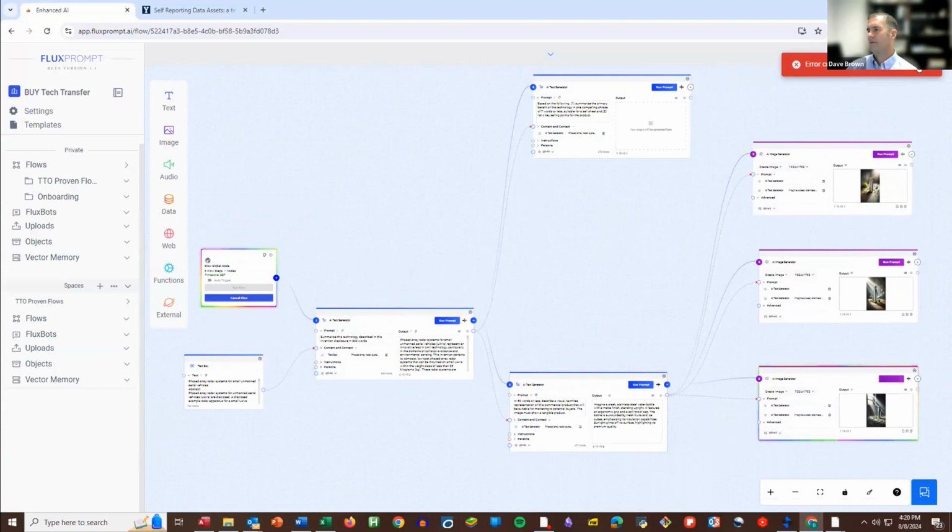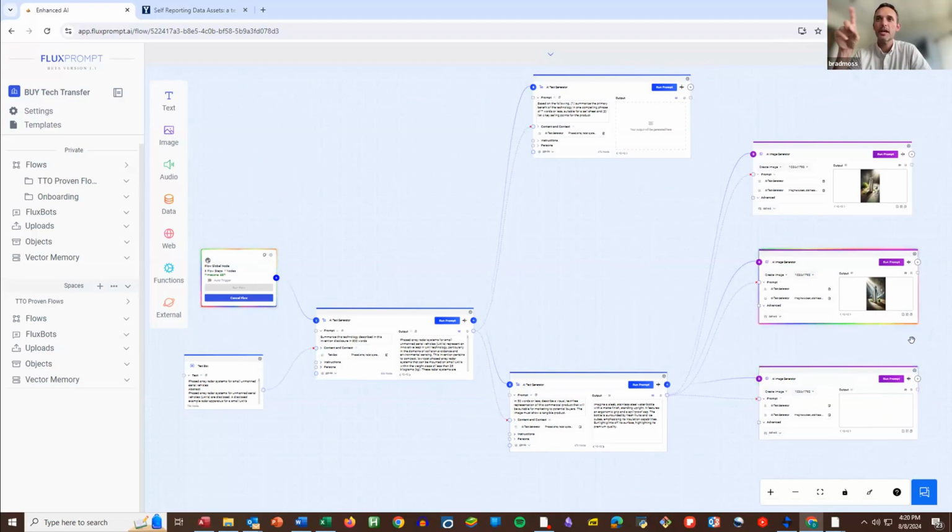Error creating image. I've got to tell you, this is so perfect for a software demo. In all my time creating these, I've never once had an error creating an image. So that's the nice thing, that sometimes the APIs come back and the thought fails, right? And the system's actually redoing it again. OpenAI came back, DALL-E 3 came back and said, hey, we don't like this prompt for some reason. They do that from time to time.